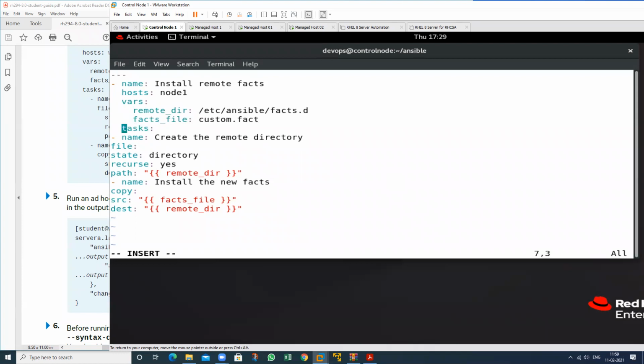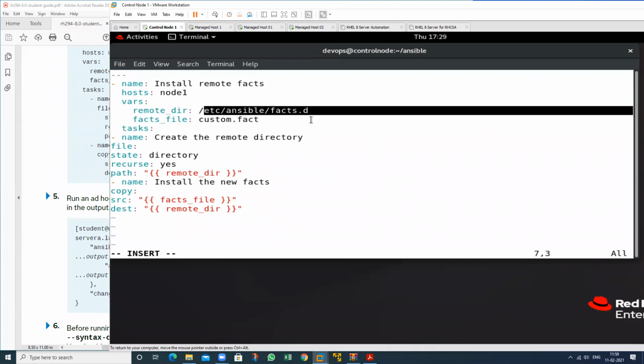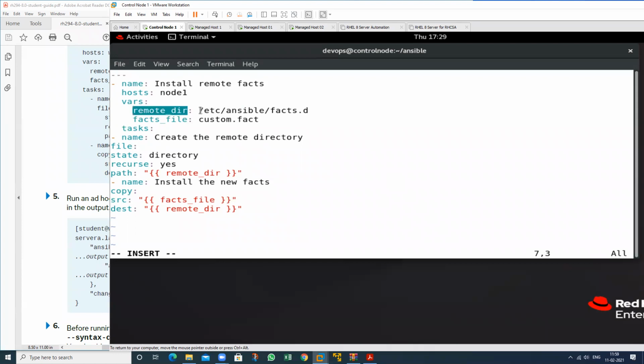These are my tasks. So these are the variable name, and this is the location. So remote directory, it will create this type of directory first, because I want to create the directory. So this is the location where I want to place this particular custom fact. So this automatically creates this one, then creates this particular file on the managed host machine. Which machine? Node 1 machine.